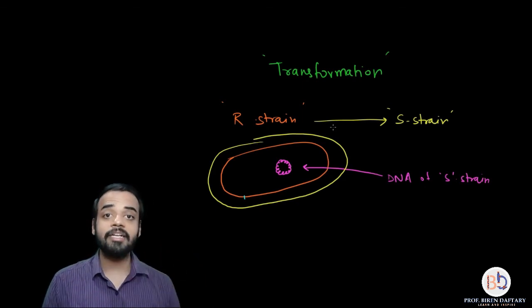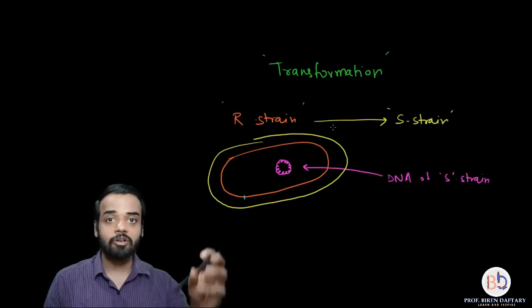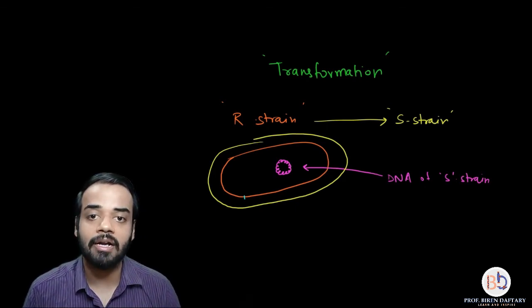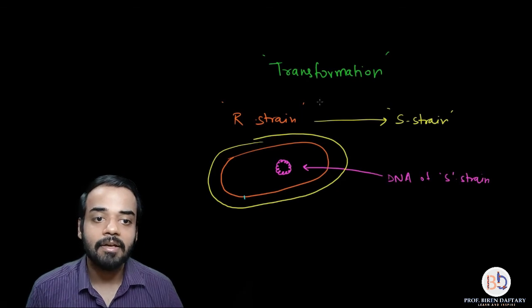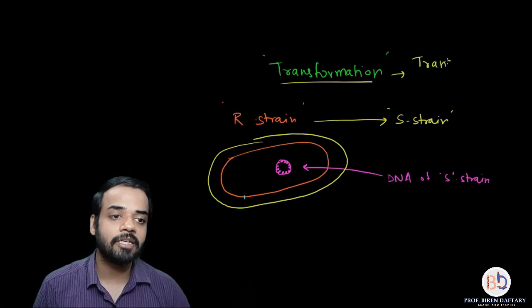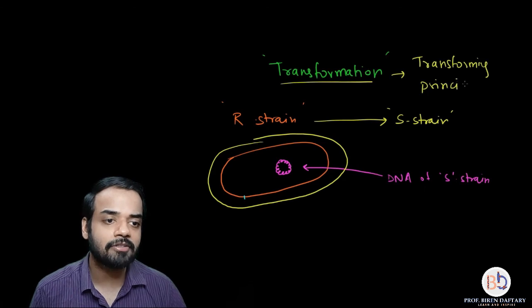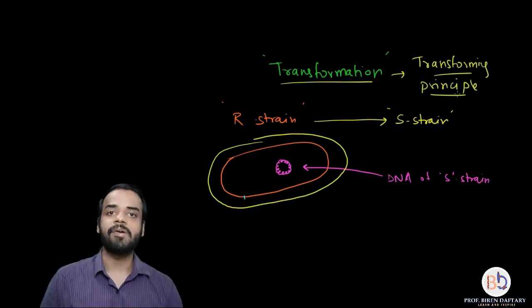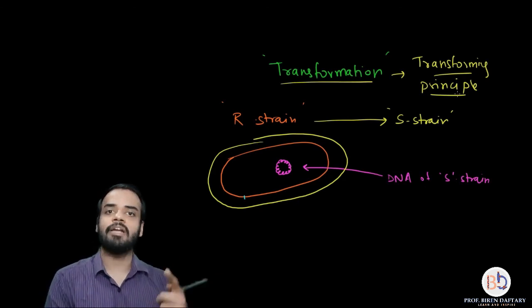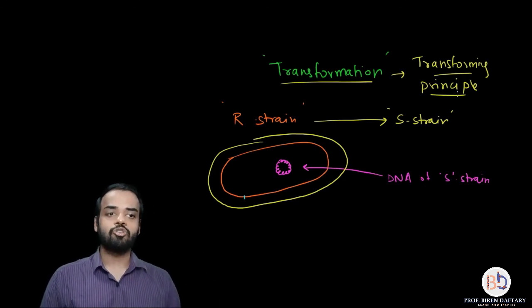Now Griffith did not know what was causing this transformation. He could not prove that the nucleoid was causing this, so he suggested that there was something which was called the transforming principle, which we now know is basically the DNA, but he did not know that. It was later on proved by 3 people, and the experiment was called Avery MacLeod McCarthy experiment. I am going to make the next video based on that. So I hope this is clear.